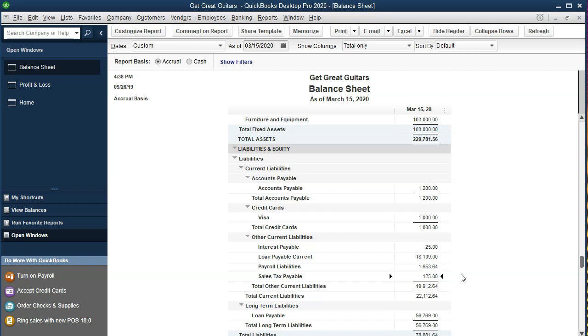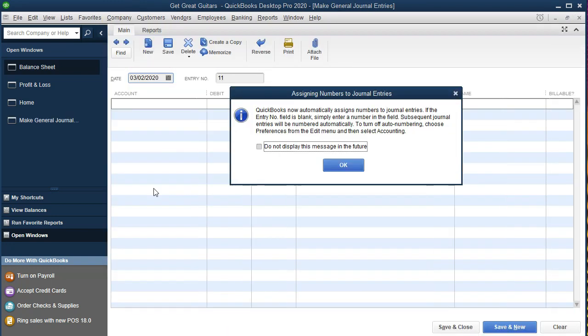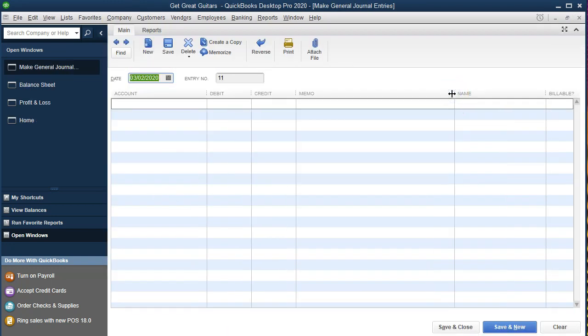So then how are we going to make the adjusting entry? You've seen that this one is going to affect multiple different accounts, so I can't really avoid the journal entry. So what we're going to do is enter a journal entry like we normally would. We're not going to use a register. We're going to go to the Company menu up top, then Make Journal Entry. We're going to pull it back into the period before the cutoff date, so we're going to make it as of